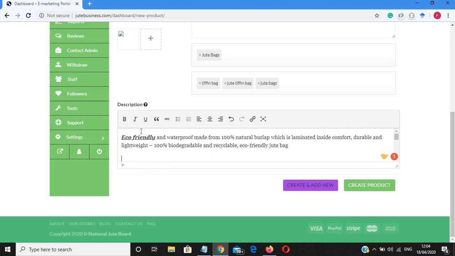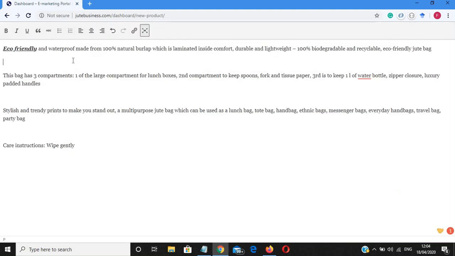Similarly, if the window is too short to write in, we can make it a full screen window, so it will be displayed full screen and we can write many things easily. Suppose I have to write things in a numbered sequence, so we can choose the numbered list here.